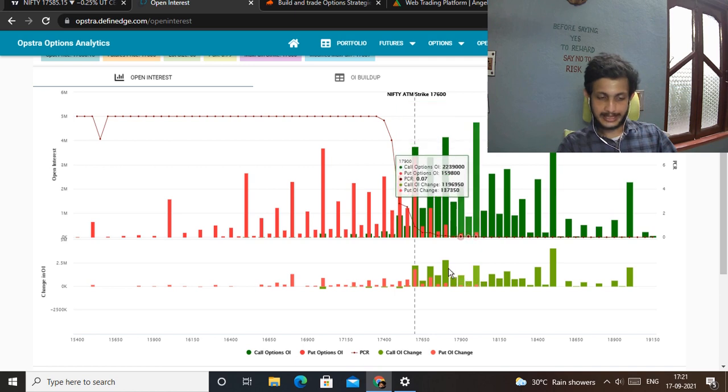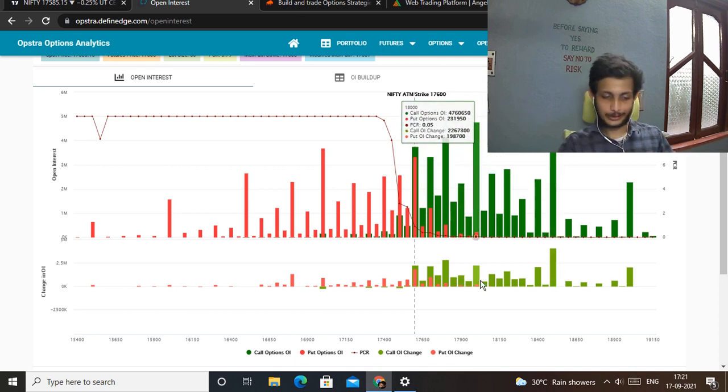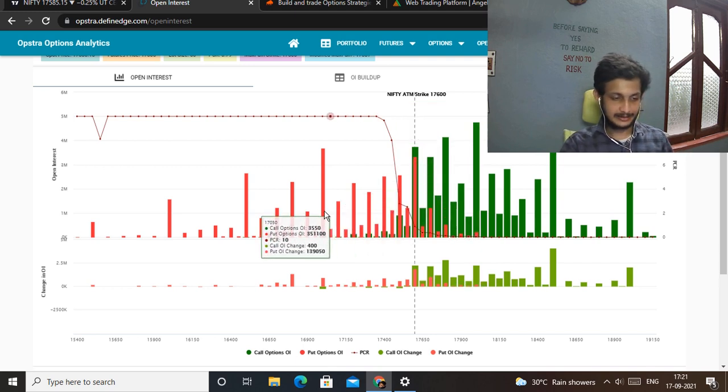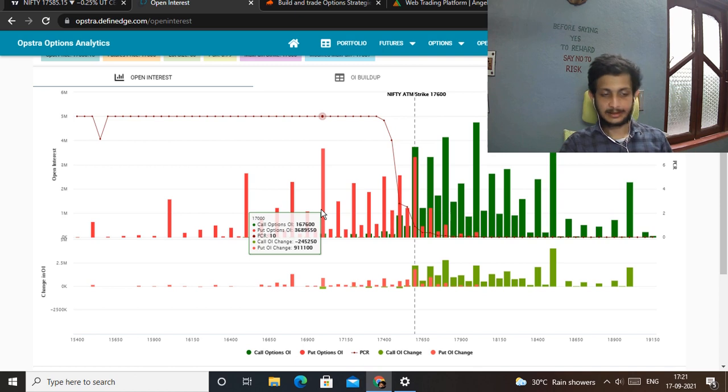Okay, neither this which is a high risk, neither this which is too little risk, which is just making a negligible profit in the name of safety. Okay, that is also not accepted. So 18,000 will be a moderate level, and on the lower side, 17,000 will be a moral level, right?